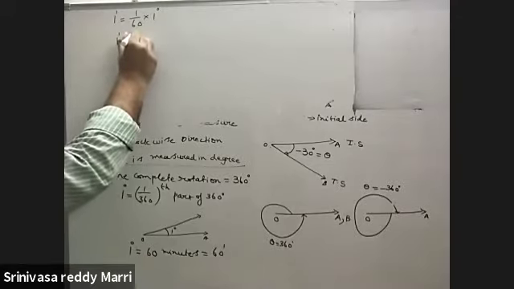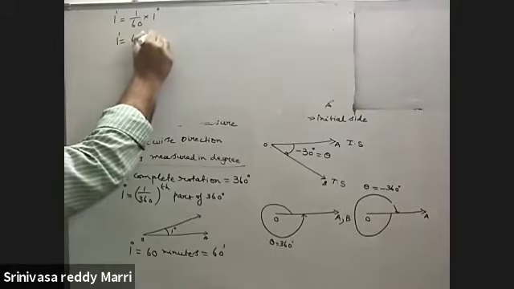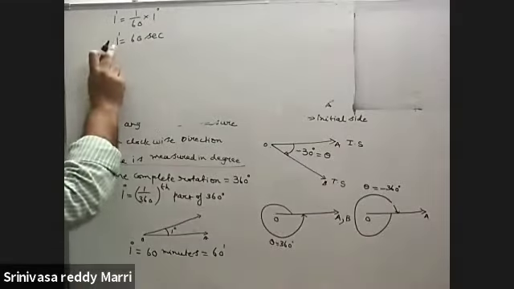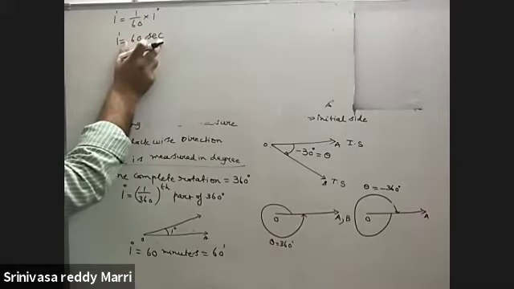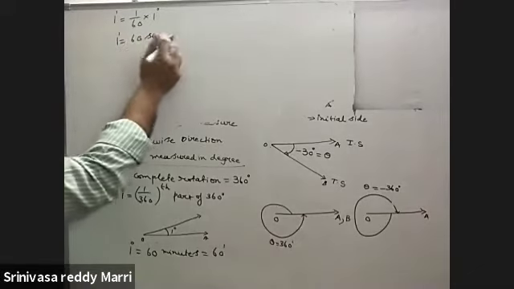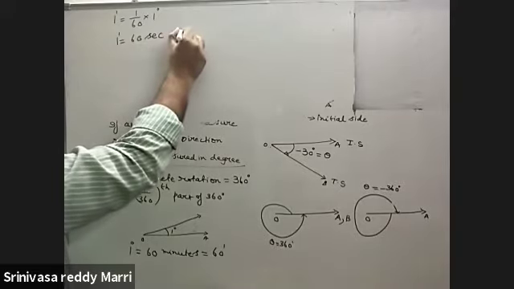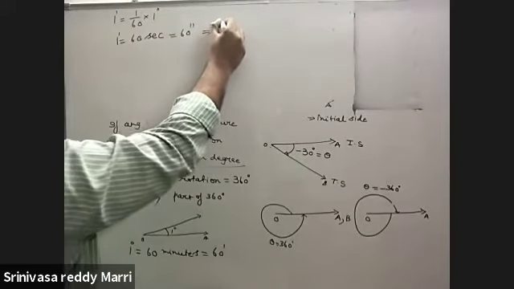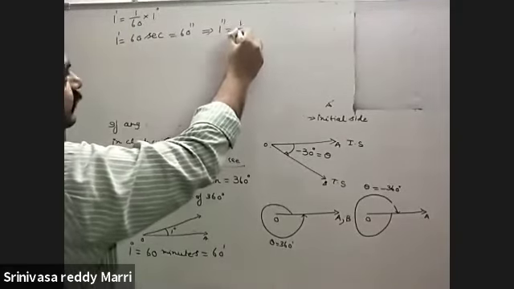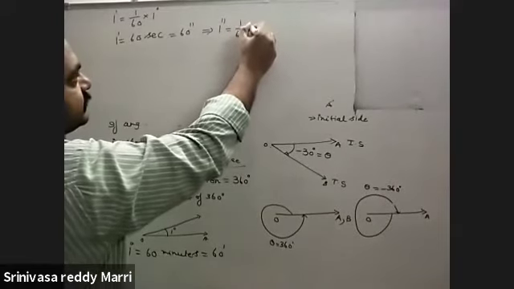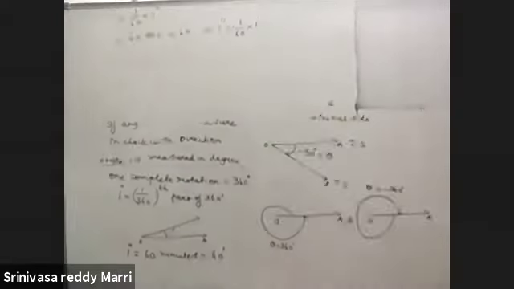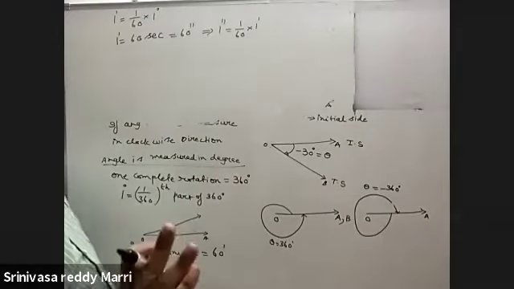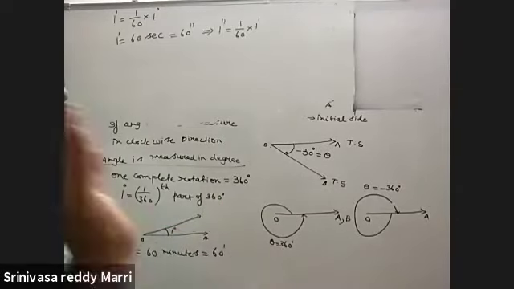1 minute angle is divided into 60 parts. 1 minute is 60 seconds. That small angle is divided into 60 parts. This is denoted like this. That means 1 second is again an angle, the 1/60th part of 1 minute. So usually units are degrees, then minutes, and then seconds.